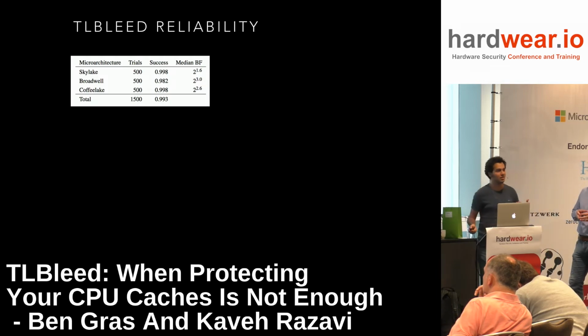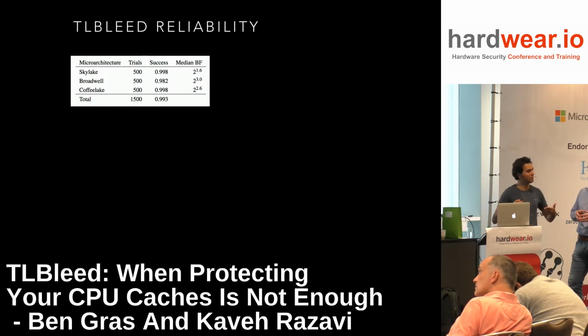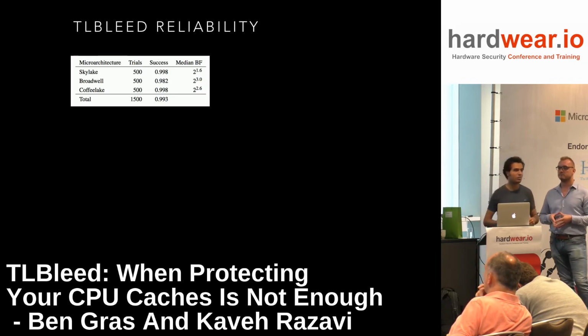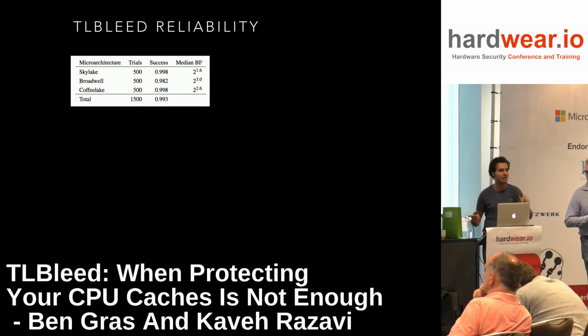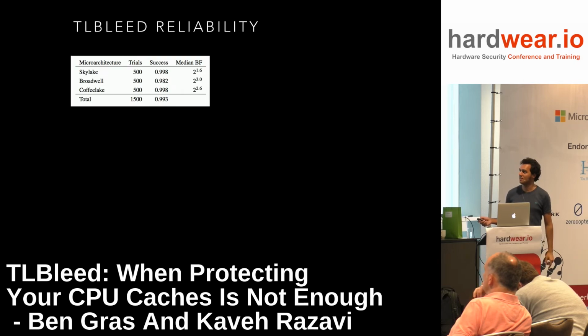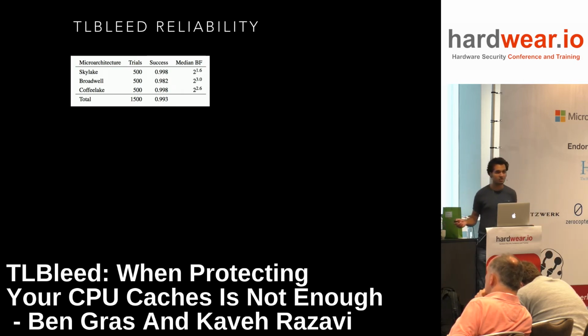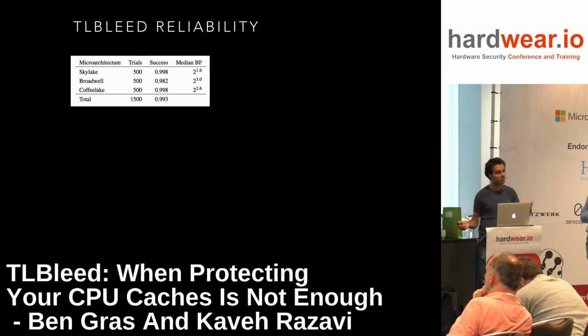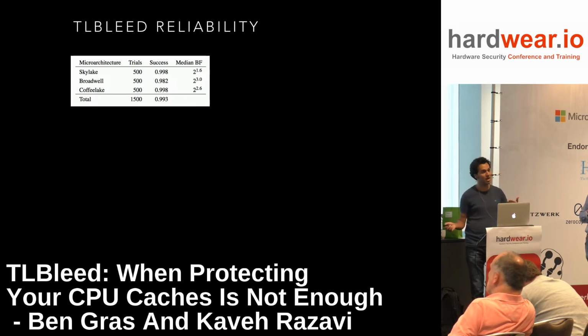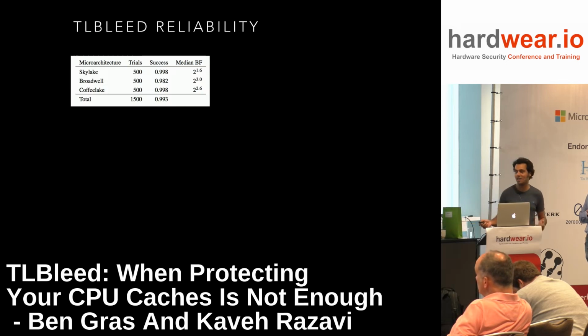Remember that this is a statistical analysis, so sometimes you don't exactly get it right. But then most of the time you have to either repeat or brute force a large number of potential bits that you have misclassified. But it turned out that this attack has a very, very high success rate. So here, for example, you can see that out of 1,000 cases, we could successfully identify the bits of the key in like 998 of the cases. So this was quite a good result.